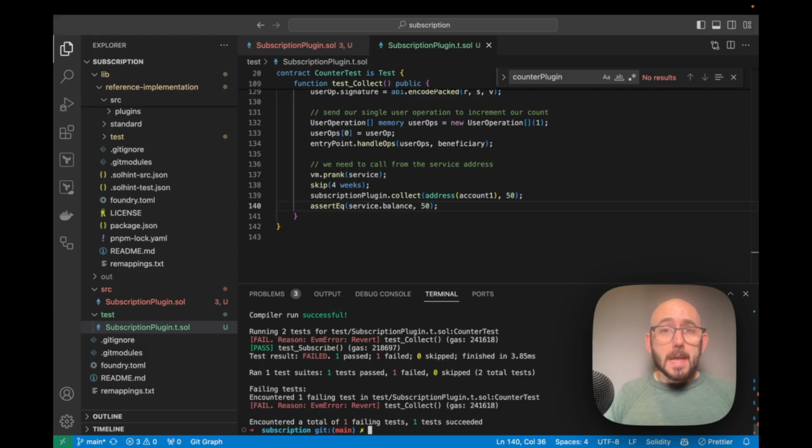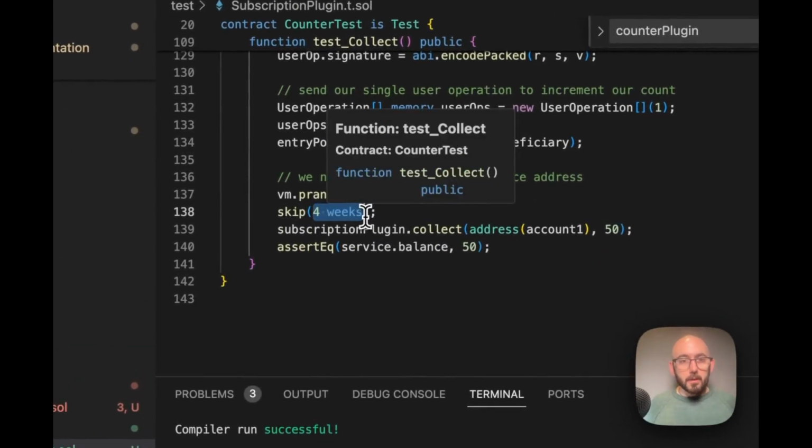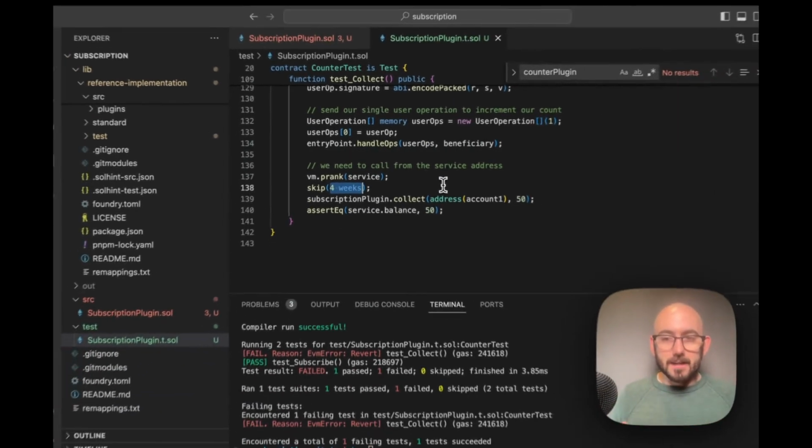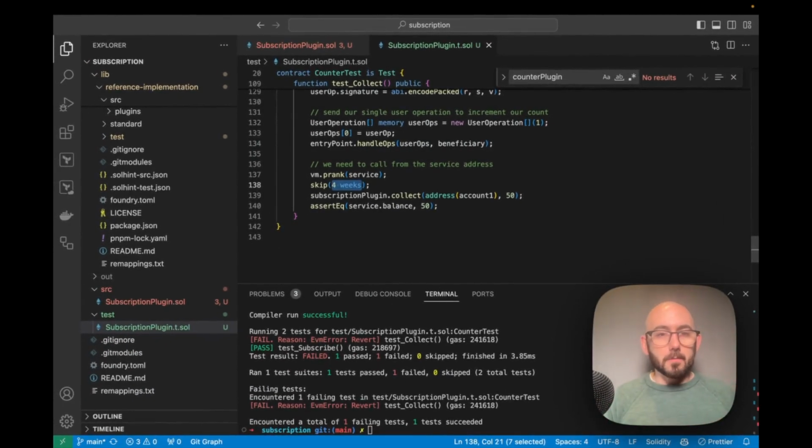So great. So we made a very basic subscription plugin. So definitely try this out. I will make this code available so that if you want to extend this, if you want to build more into this, like if you wanted to make it so that maybe this 4 weeks is a variable that you could play with. So maybe you wanted to make it so that they could pass in how much time they want this subscription to renew, or maybe you wanted to do ERC-20 tokens and you wanted to be able to pull a certain number of ERC-20 tokens every so often, that sort of stuff. Definitely try it out. See what you can do here to be able to play around with this subscription plugin,